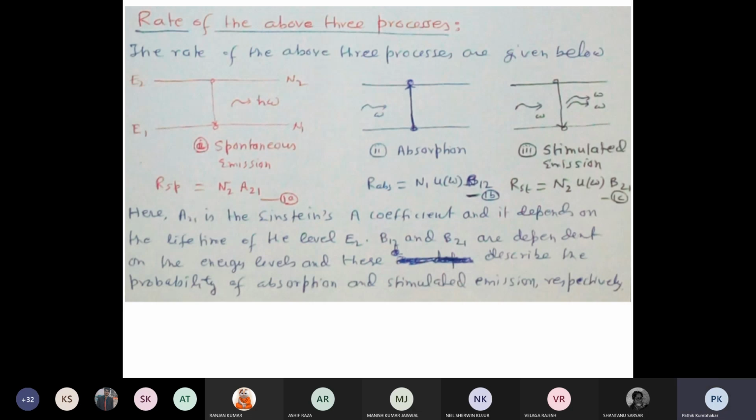And these two photons can further stimulate two more atoms to come down, and we have 4. In this way, the multiplication of the photons takes place by the stimulated emission process. The multiplication of the photon is possible by stimulated emission. The laser means light amplification by